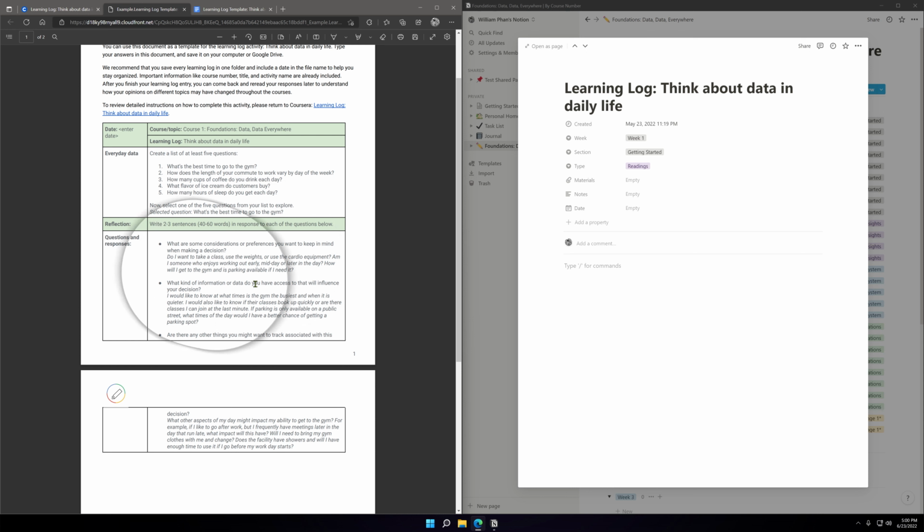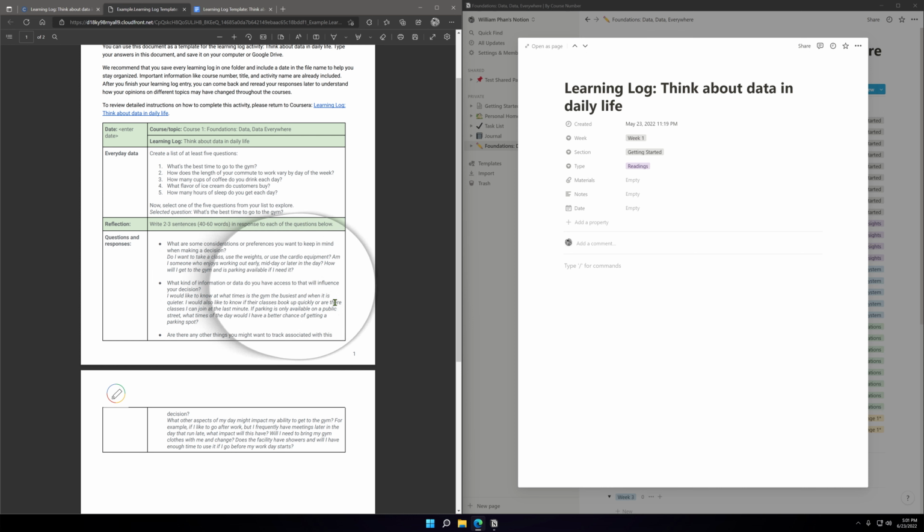For this question, what kind of information or data do you have access to that will influence your decision? I would like to know at what times the gym is the busiest and when it is quieter. I would also like to know if their classes book up quickly or if there are classes I can join at the last minute.